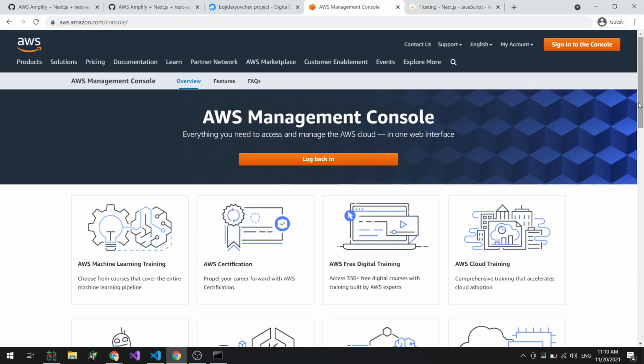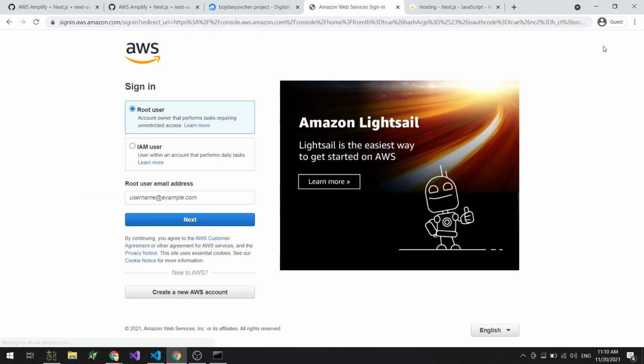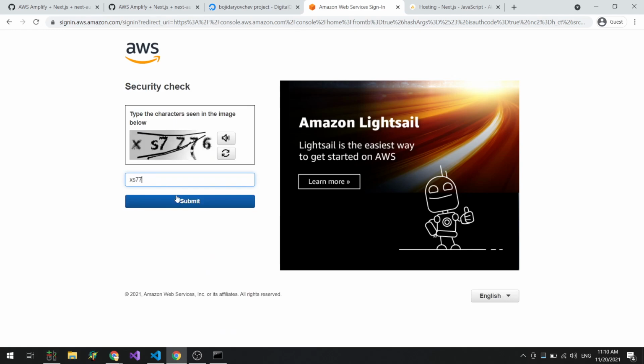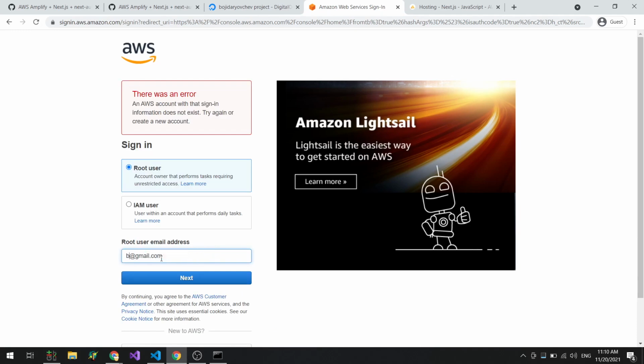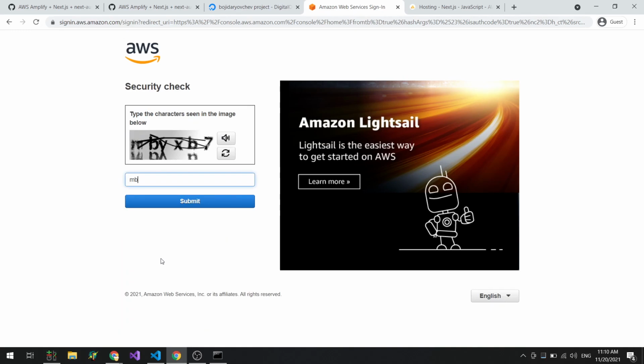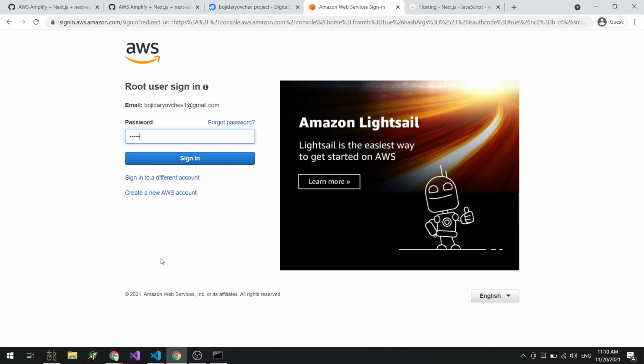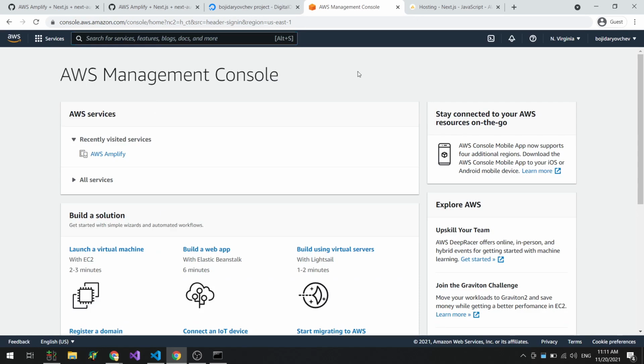So now I'm going to go ahead and log into my AWS account. It's my personal AWS account. So as you see, you need to have an AWS account. You need to have connected your payment card for that, because after all, they are paid services. And now I'm going to go to Amplify